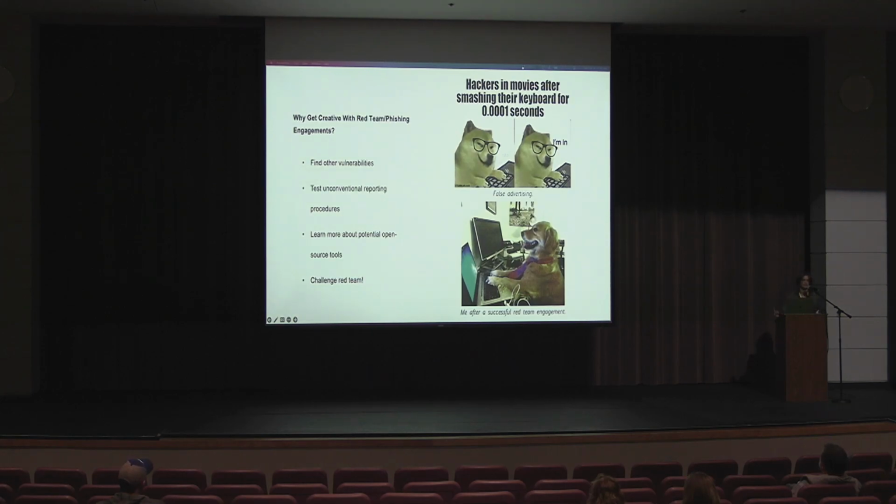And then the last slide here: why get creative with the red team phishing engagement in the first place? You do find other vulnerabilities. So in this instance, I got to find that misconfiguration that allowed me to steal these webhooks. You get to test unconventional reporting procedures. So I got to see, if an employee saw something really suspicious, how would they let the security team know? It was a very cool way to see, if an incident were to occur and there wasn't already a way to report it, how would someone let us know